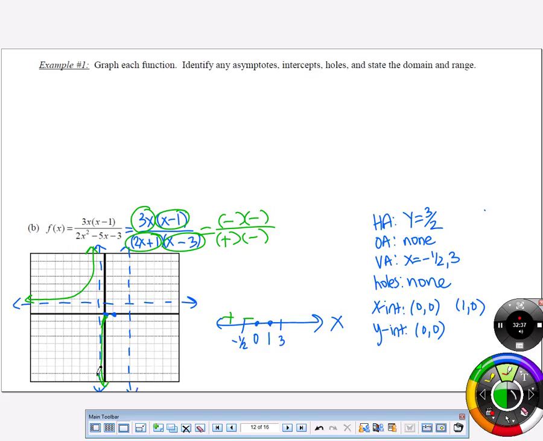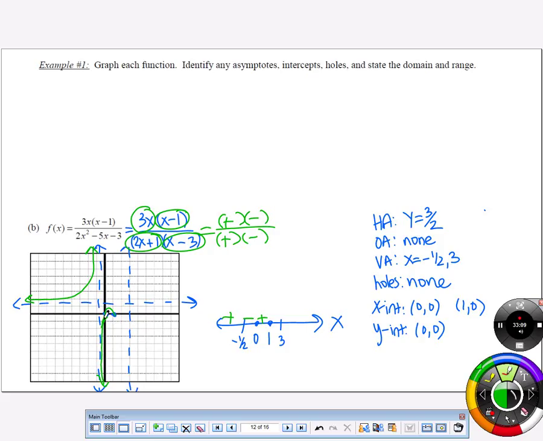Then what about between 0 and 1? What if I plug in 0.5? Here would be positive, here would be negative, here would be positive, here would be negative. What is this going to result in? Positive. So between 0 and 1 it's positive, so I'm guessing it comes up and turns around. I don't truly know if it crosses this or not. You could plug in and find an exact value if you want, but I'm not going to judge on that. If you got that it came up here and had to turn around to come back to the next intercept,